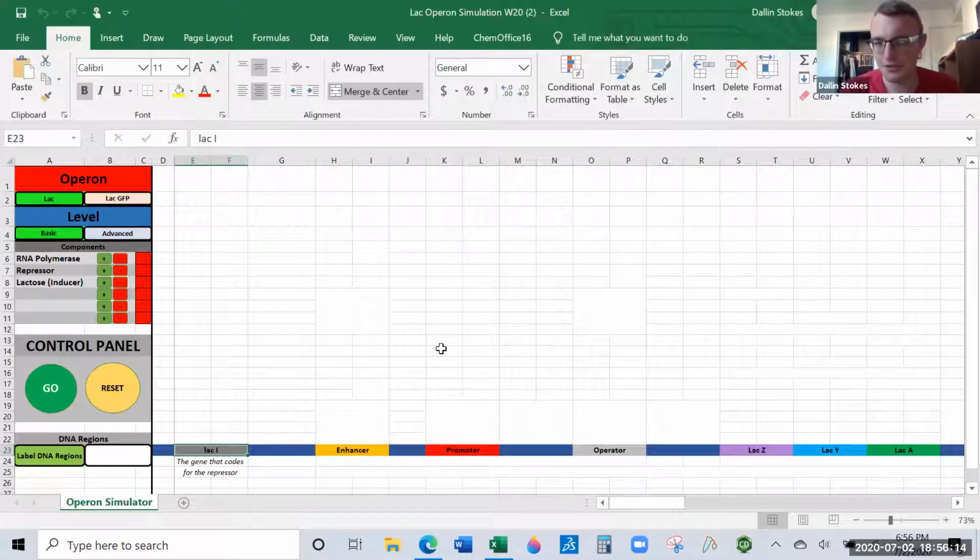I include it simply so that you don't forget it exists, but it's actually not part of the Lac Operon. It's elsewhere. But as the note down here says, Lac I is the gene that codes for the repressor. So this is the gene that makes the repressor protein. Okay, so anyway,